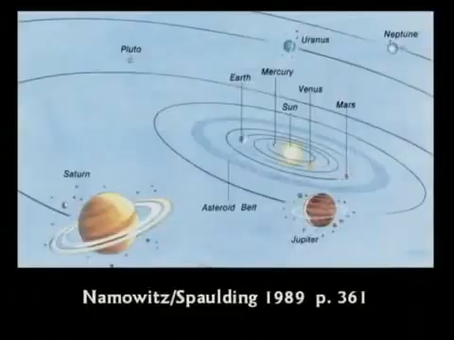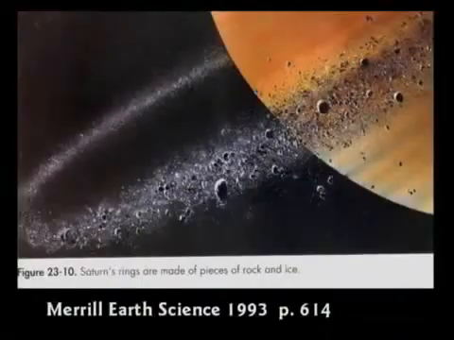Several planets, Saturn, Jupiter, Uranus, and Neptune, have ice rings around them. Why? Nobody knows where it's from or why it's this way, but they have these rings around it. Saturn's rings, of course, are famous, and you can see them with a telescope from here. We were out the other night looking at Saturn's rings, just unbelievable. But these rings are made of ice and rock, but lots of them are just plain chunks of ice floating around. Where did they come from? One theory is it came from this ice meteor.